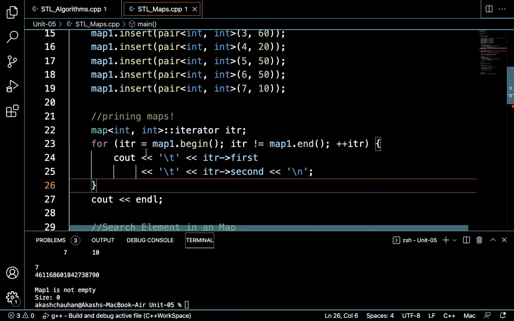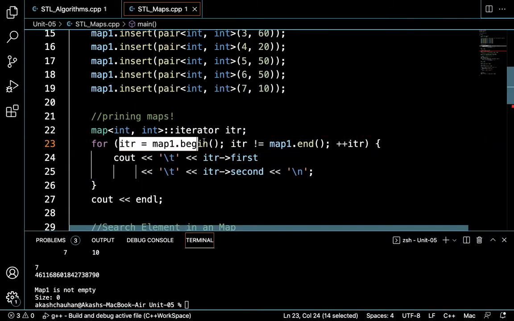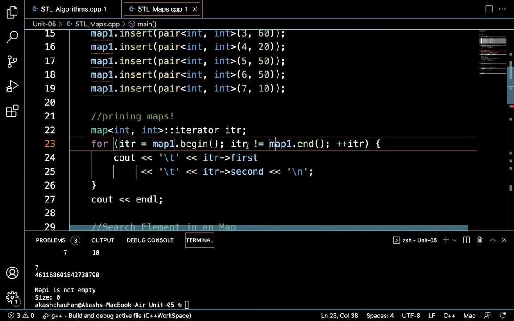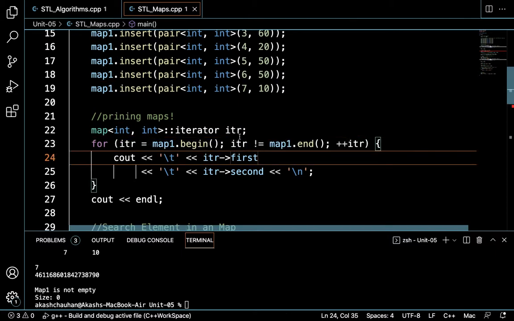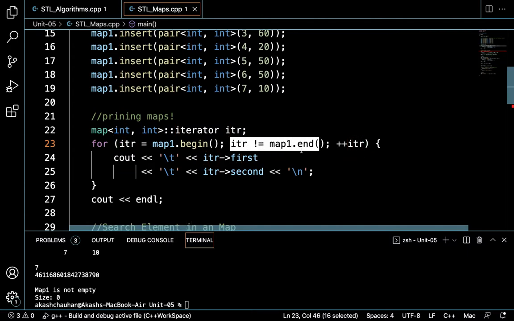This is how you can print a map. You iterate from the very first element till you reach the end of the map, the last element, and first from the iterator holds the key and second holds the value, right?